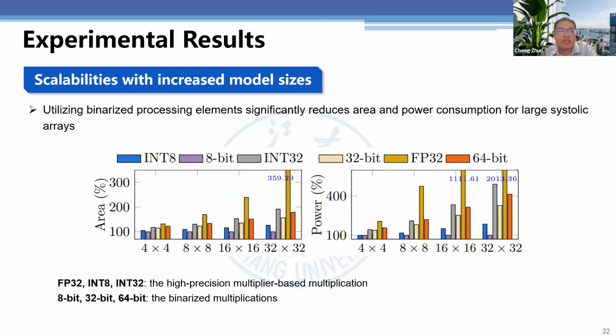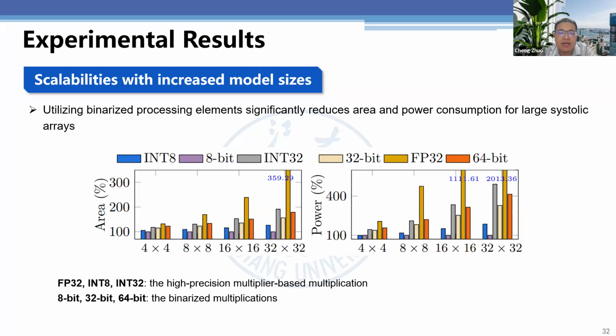So we have some results on the scalability, as you can see here. Here we utilize binarized processing elements. The FP32, int8, int32 actually refers to the precision of the multiplier used. And then the 8-bit, 32-bit, and 64-bit refer to how we pack the binarized numbers. So we evaluate our binarized accelerators against the baselines with different precisions. As you can see for the figure on the left, for different array sizes, 4x4, 8x8 to 32x32,